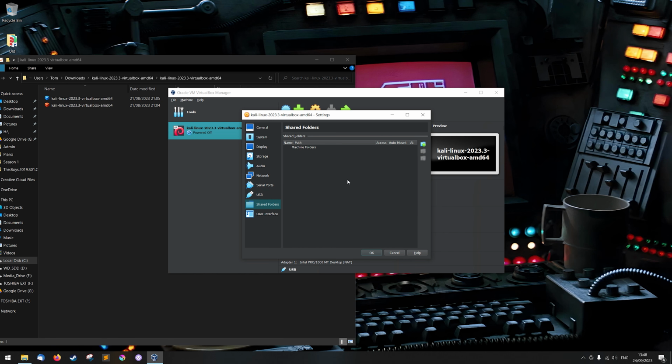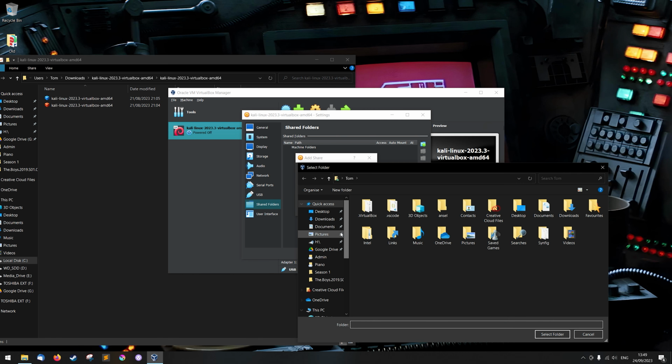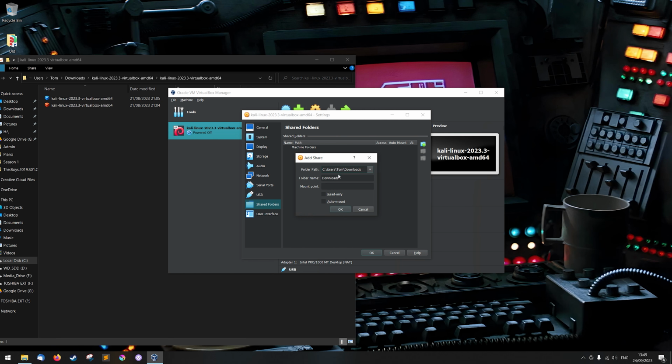Shared folders. This is a useful thing to have if you want to transfer files between your host machine and your Kali Linux box. So if you're working on exploits in your host machine, or you have software or files, for example, or emails and things with details which you want to transfer between machines, then it's very useful to have a shared folder. So we're going to share our downloads folder. So what I'm going to do, I am going to share this downloads folder. So this is my host machine's downloads folder. You can set it to whatever you want, and I'm going to bracket this as shared